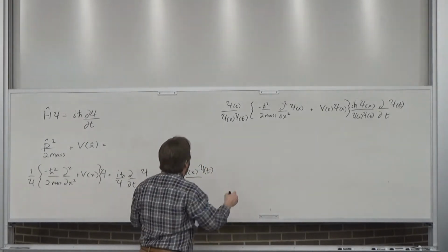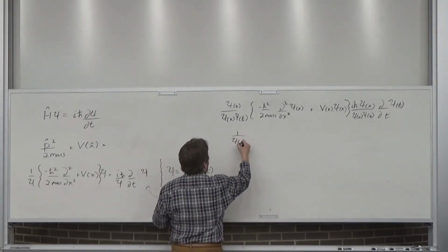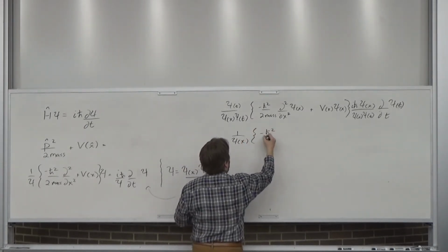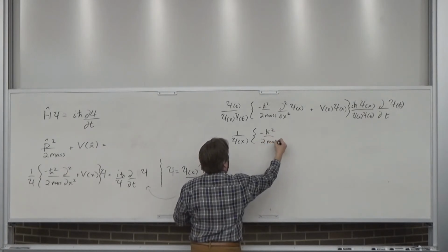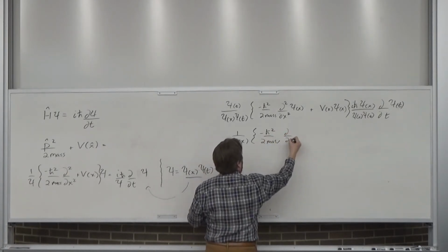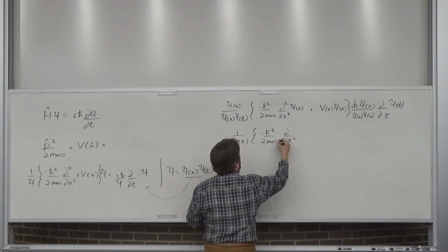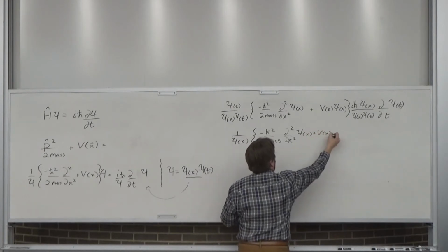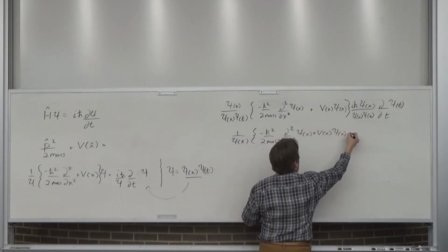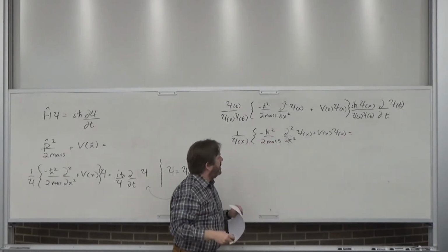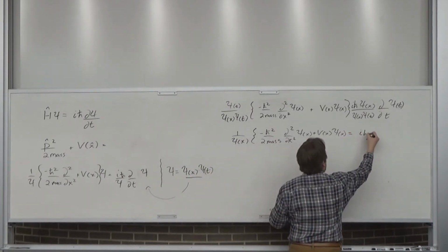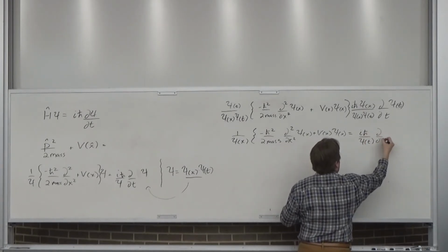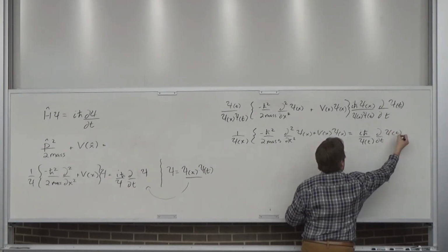All right, let's simplify this. 1 over psi of x, all this stuff again, double derivative, is equal to I h bar over